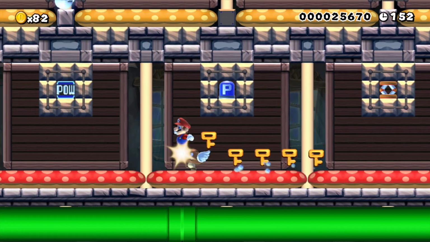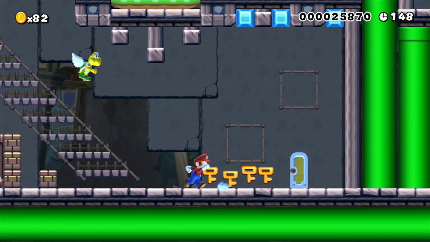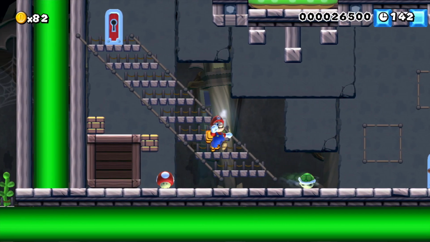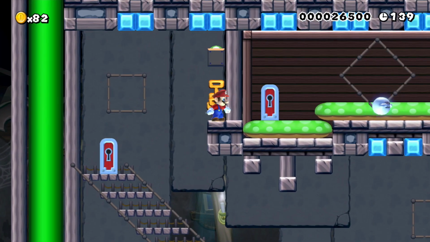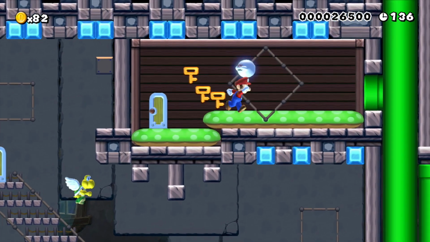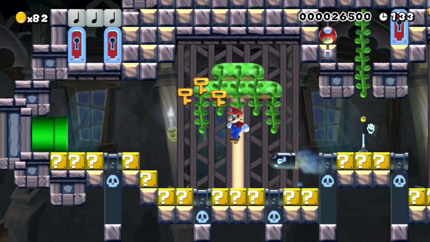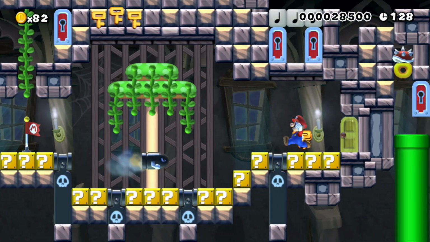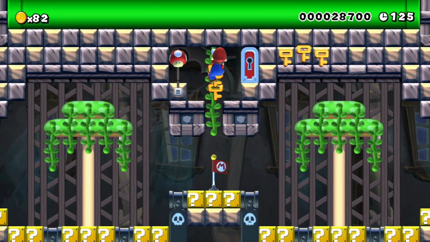Nice little item gallery in that hallway. Oop, that's a Paragoomba. I didn't even need that mushroom, but I felt like I needed to release it from its prison. Ooh, checkpoint. So yeah, you can see at this point, you could go through this door to finish the level, and that's what you needed 4 keys for, but I'm gonna use these 3 additional keys to